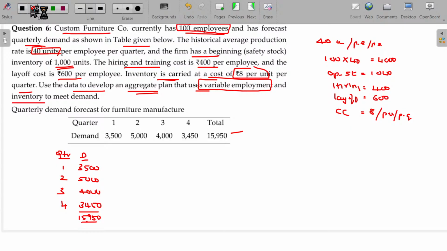Here I assume I have changed the employment, variable employment. Another one is I am keeping the stock also. Carrying cost is also there. Varying employment involves what? Hiring and firing, and carrying cost will also be there. It means we have the inventory also. So I assume myself